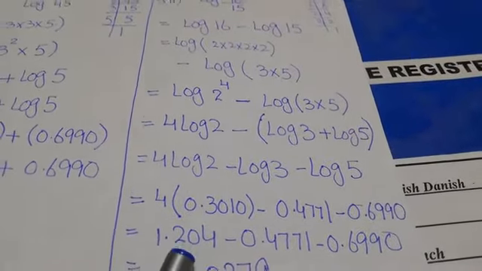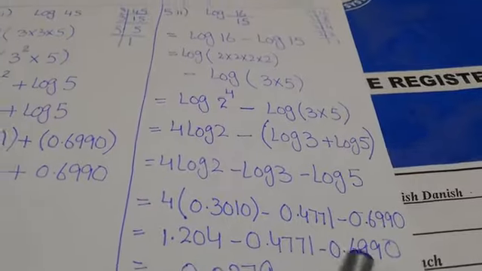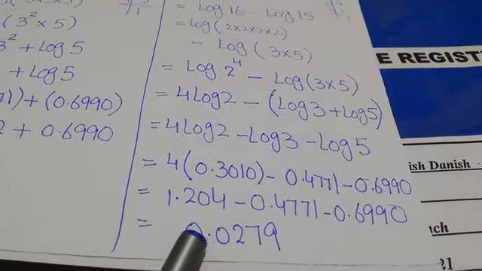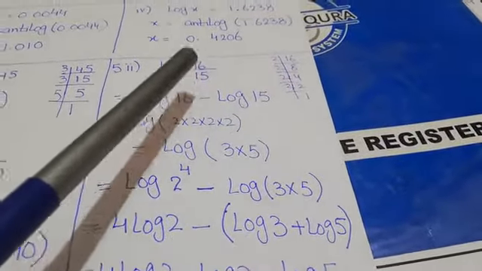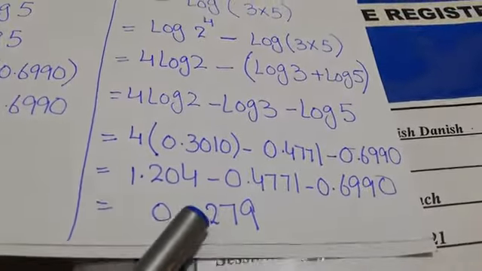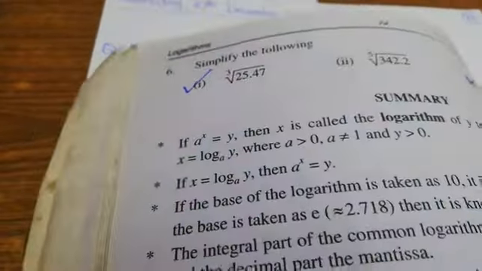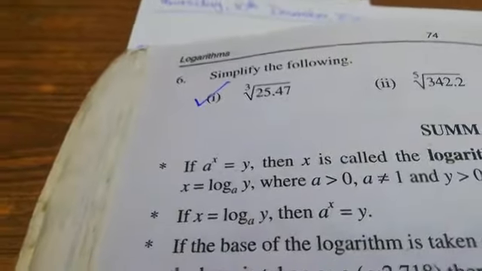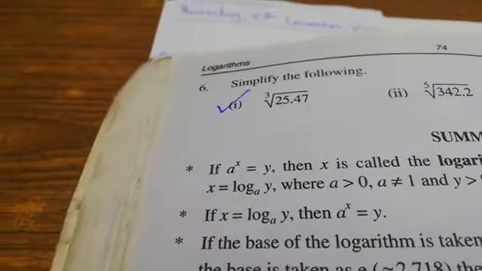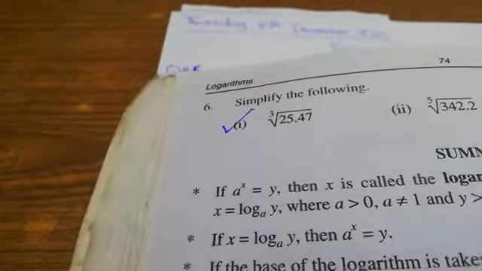Now in the question, the values of log of 2, log of 3 and log of 5 are already given. Put these values. Log of 2 is this, log of 3 is this, log of 5 is this. Now, if you remember the basic maths rule, you have to multiply first. So first of all, you will multiply this 4 with this value. The answer is this. Now this is a simple mathematical statement. Solve it on the calculator and the answer is 0.0279. It means the value of log of 16 by 15 is 0.0279. I hope this question is clear to you.